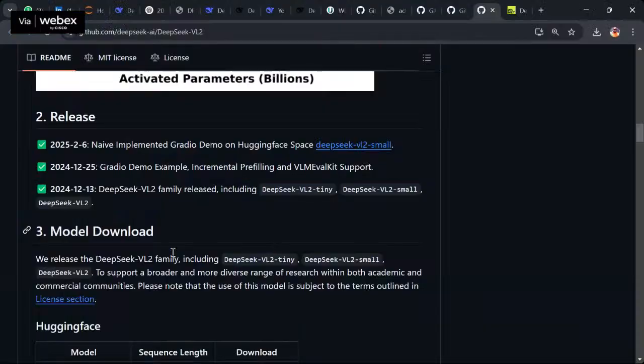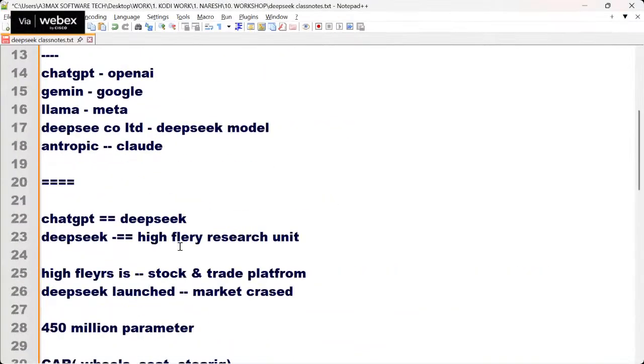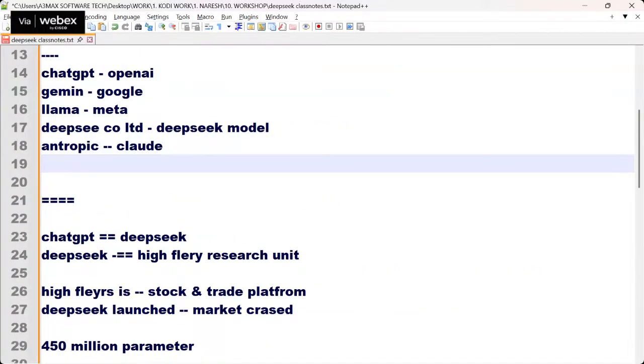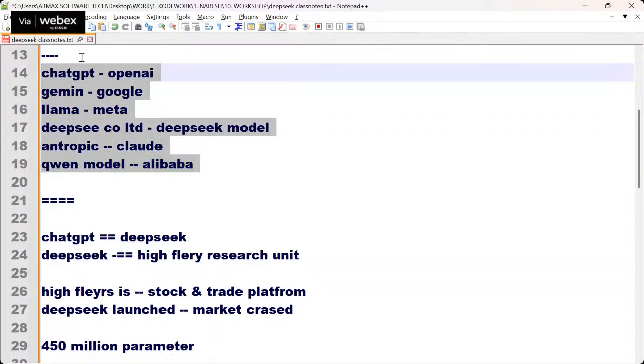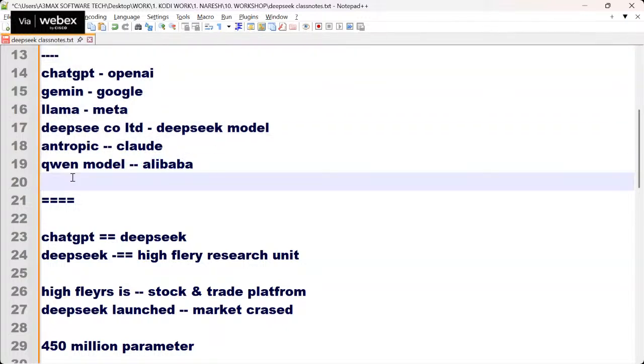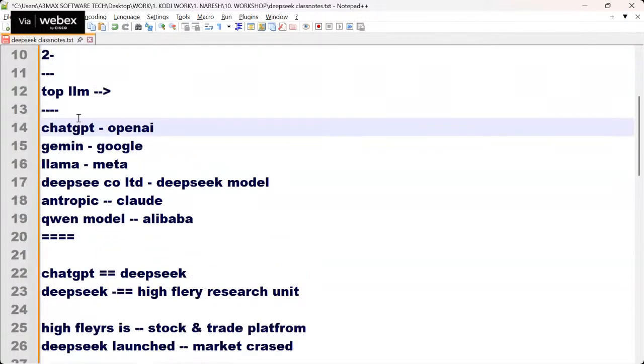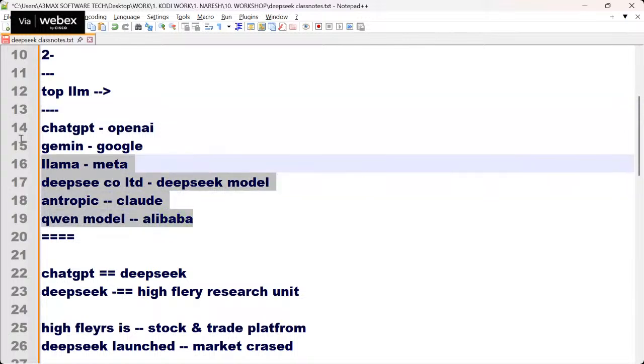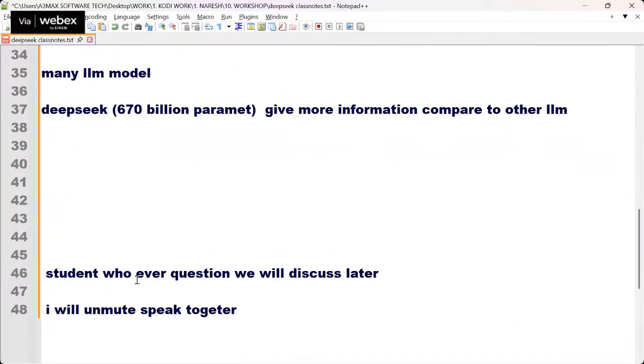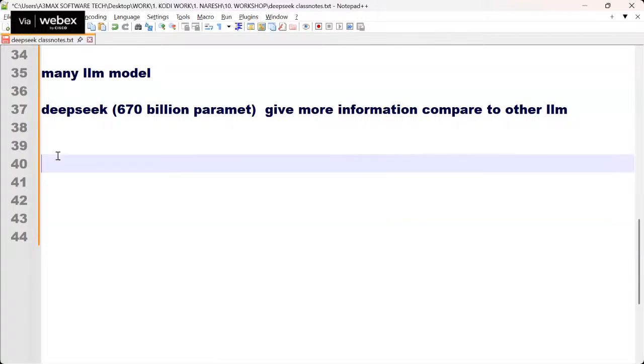Here I want to add another pointer: this is called the Qwen model, created by Alibaba. These are powerful models right now in the entire world. Companies, researchers, everybody is using them. All right, team. Next, what are the topics we completed so far?